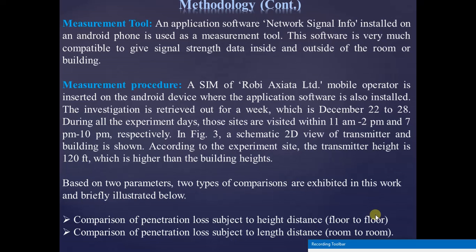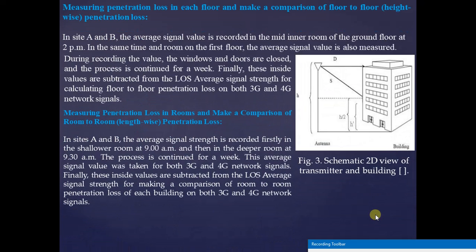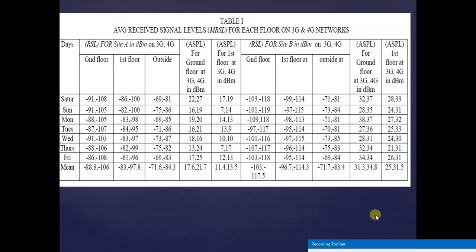And based on two parameters, two types of comparison are exhibited in this work: comparison of penetration loss subject to height distance and comparison of penetration loss subject to length distance. And we will discuss more about these formulas here in figure 3, the schematic 2D view of transmitter and building. And in table 1,